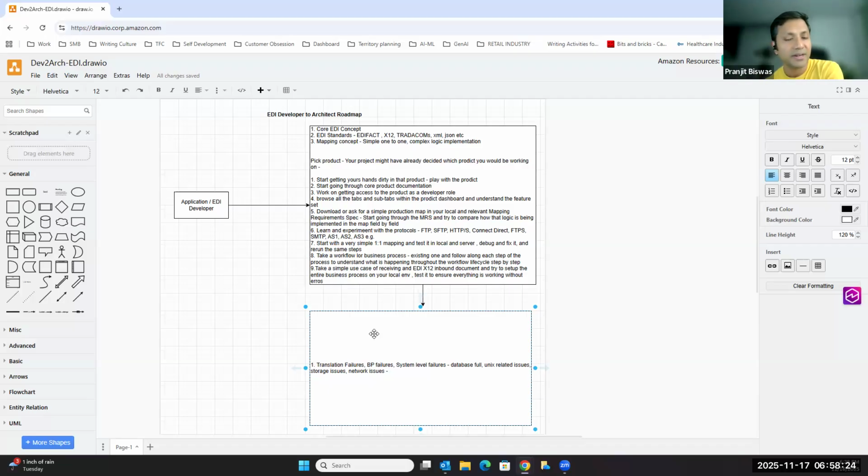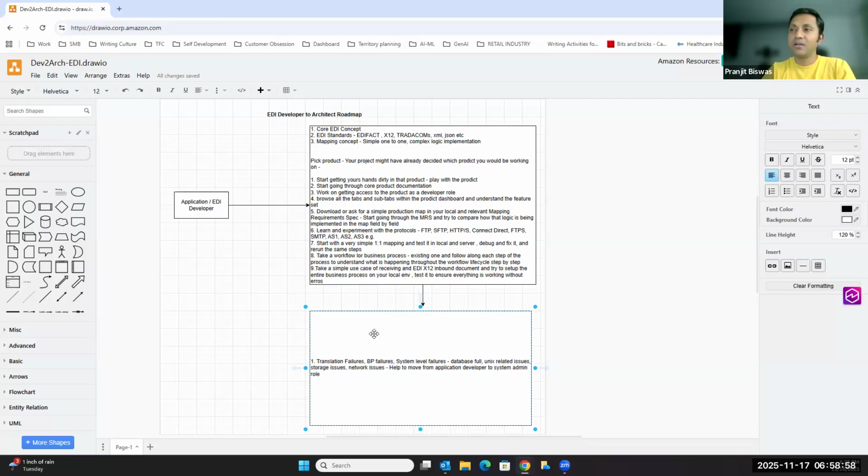Some of the networking related issues, right? So try to integrate with the production support team, try to understand the day-to-day job and see how you can contribute to that. That will give you more exposure to different kinds of infrastructure and system architecture, and that will help you move slowly from application developer to system admin